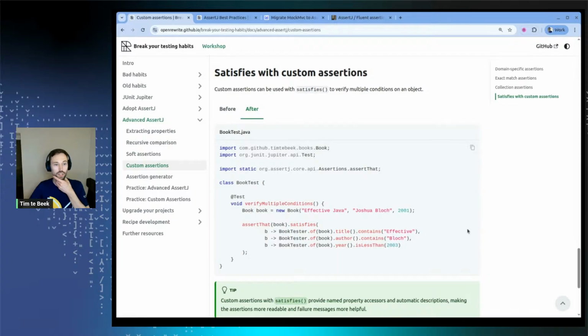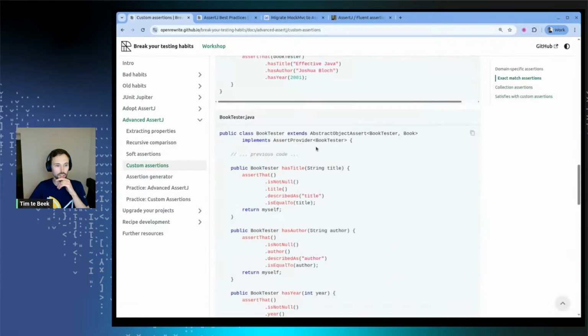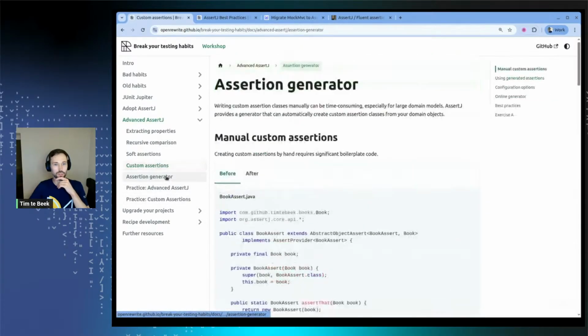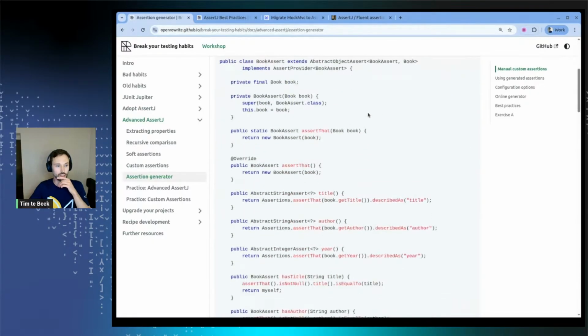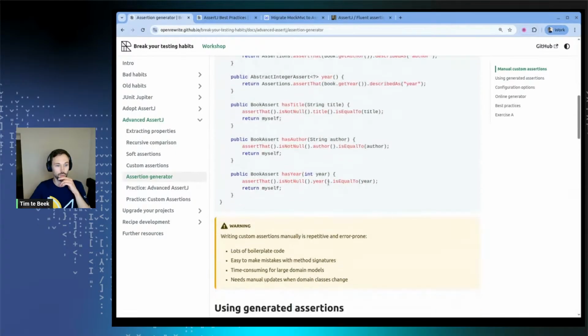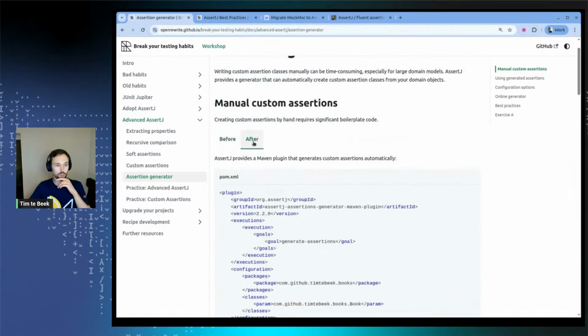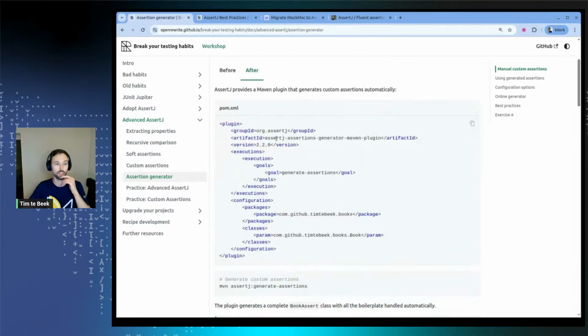But this is something that I think is very helpful. And if you think that this is too much boilerplate to set up by yourself, then I have good news for you. You can also generate these assertion objects with a generator that they have at AssertJ. So in this case, we have this one I wrote manually once, but there's also a way for you to generate these just by pointing a Maven plugin or a Gradle plugin at your package that you have here, or specific classes that you want to generate tester objects for,